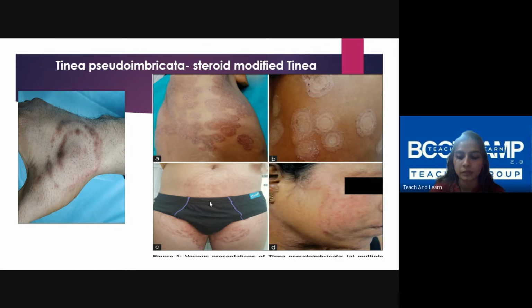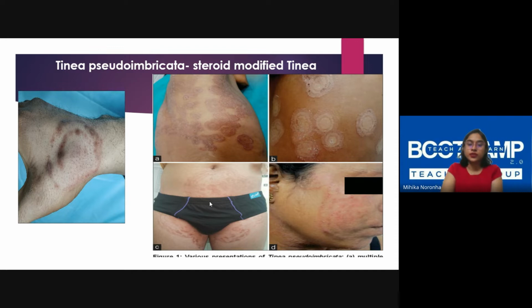So typically, you have the fungus. It will start in the center. Then your host immunity will come in. It will clear it from there. The fungal hyphae will spread outwards, which is why you call it ringworm, and there's a single ring. Now, if you've used a steroid cream, yes, the immunity has kicked in, it's cleared it off a bit, but that immune response is not sustained because of the steroid. So the fungus grows back inside, and then you get these multiple concentric rings, kind of like a rangoli pattern.